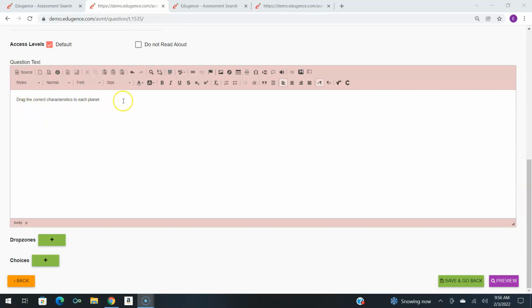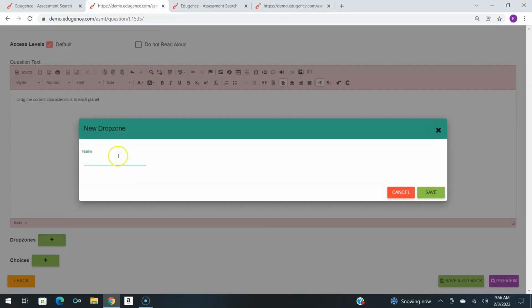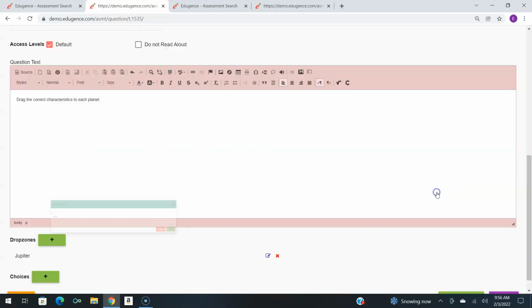I have typed in the text for my question. Now I'm ready to add drop zones. In order to do that, click on the plus symbol, and a drop zone will appear. Now you're ready to type in your categories. You'll want to click on Save